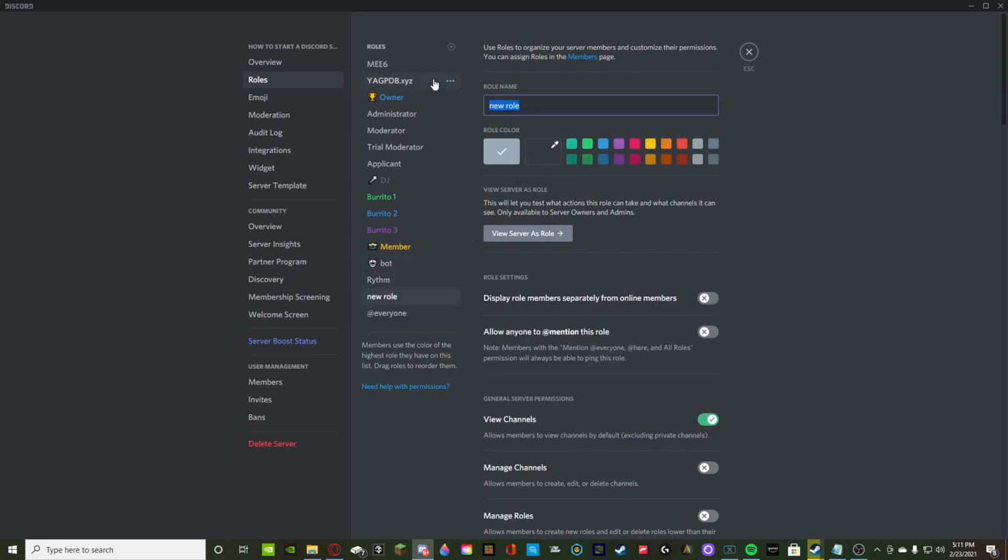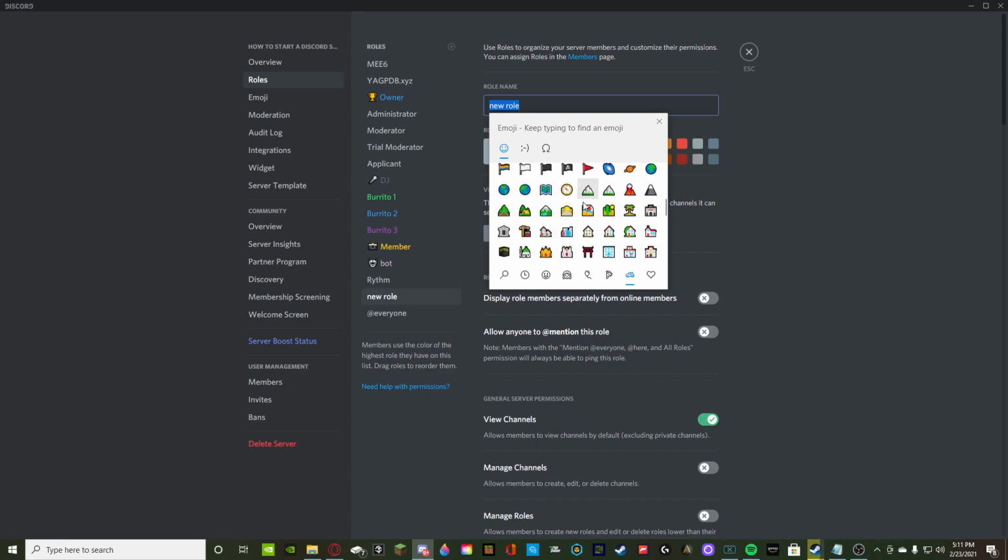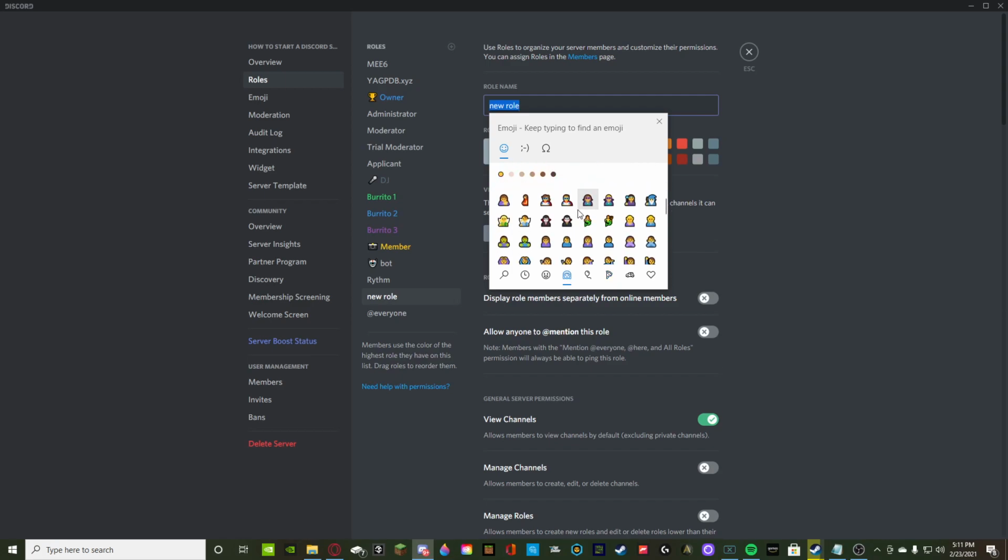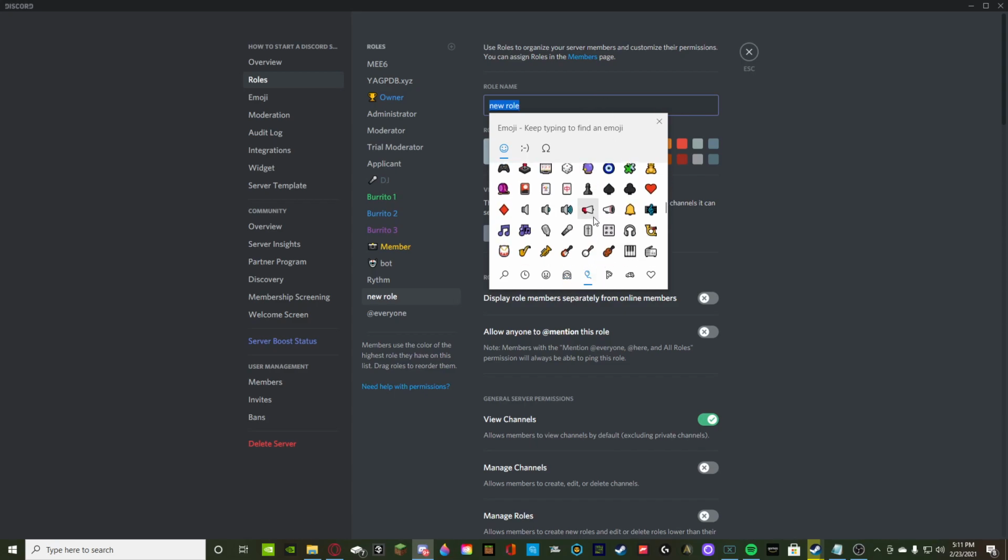You can add an emoji if you'd like. You don't have to add an emoji. For this scenario, I am because I think they look cool. So we're going to find a good muted emoji. And if you guys want to use the same little drop down I have right here, you guys can press the Windows key and then the